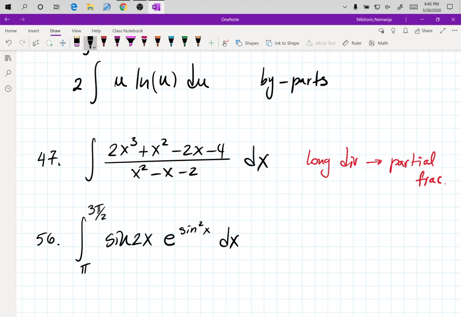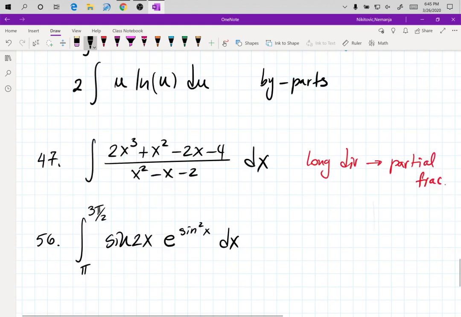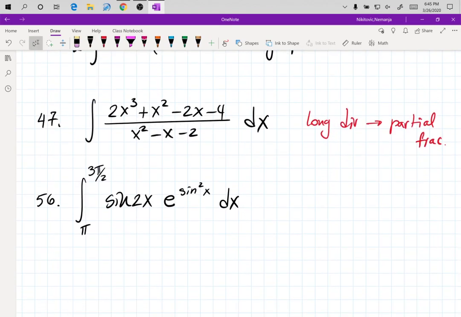Use two identities? What do you mean you use two identities? Are you talking about 47 or 56? Okay, we can start with identity and then u sub. So technically it should be the same as I believe problem 40. Yeah. So hopefully we can start with